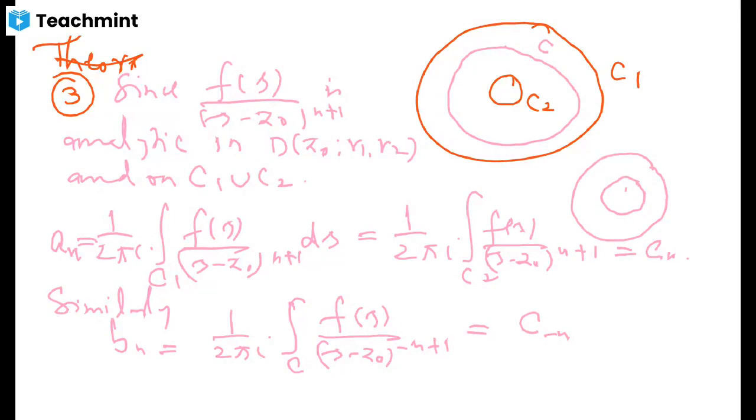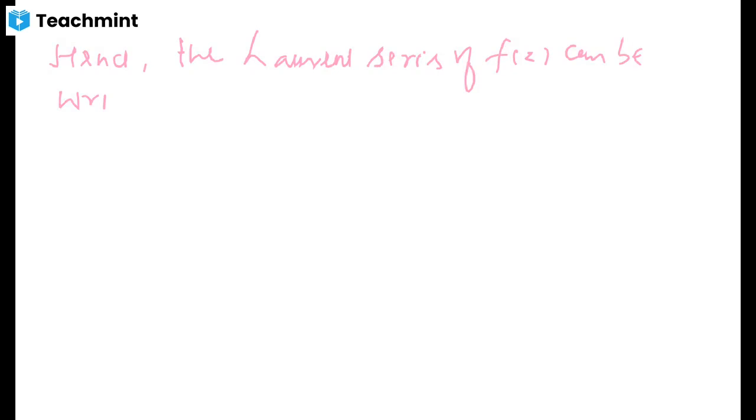Now, when you write c minus n, that means you are taking terms. So with this convention, you are fixing up any arbitrary contour inside the annulus. Coefficients an's and bn's can be computed by integrating these particular functions, taking all the positive and negative powers of zeta minus z naught, and hence the Laurent series of f(z) can be written as